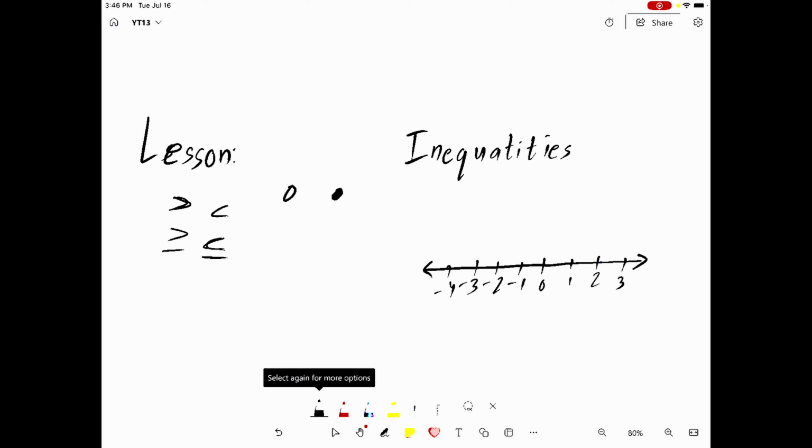And that's basically it, except for one more small mini thing in the lesson. This is called an open point, and this is called a closed point. So what an open point is: let's say I have x is greater than 5. Actually, no, let's do 3 because it's on the plane. x is greater than 3. It doesn't include 3 because it's not greater than or equal to. So we would have an open point and then draw an arrow going in the direction